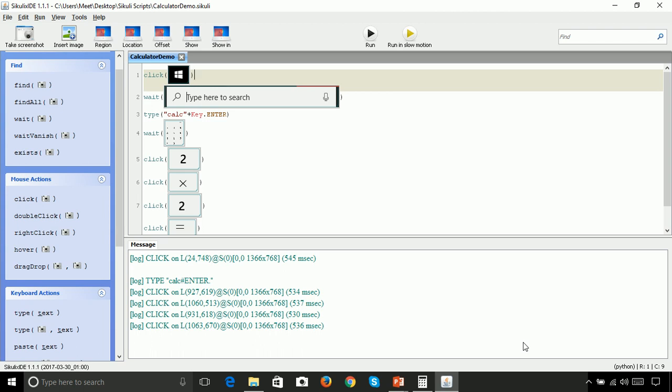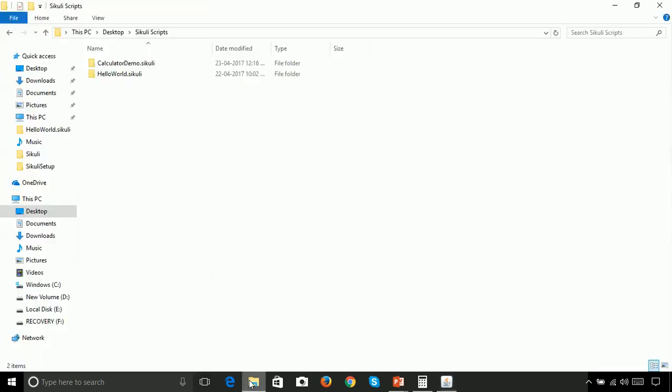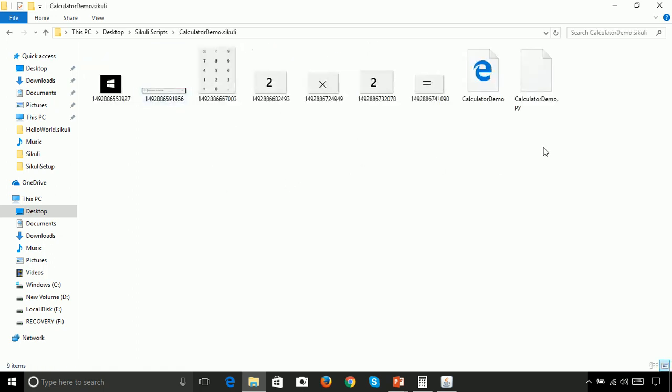Now let's see how SikuliX is storing the information that we give. So let's navigate to the folder where we have stored our script. Here we have stored. So as we have mentioned earlier, it will create one directory that will be .sikuli, and in this folder it will store one Python source file, one HTML file, and all the images used in the script.